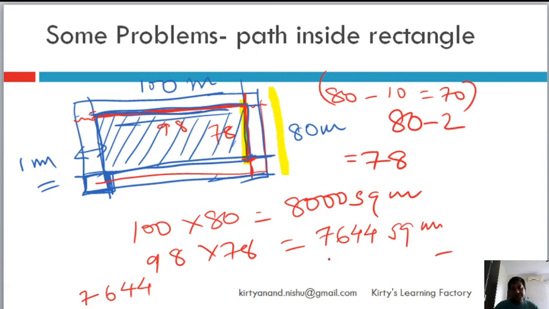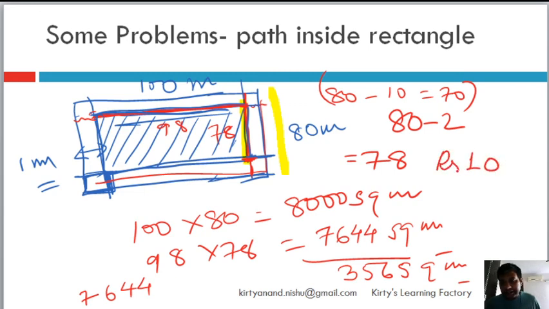then we subtract these two, so that we get the area of the footpath, which will be, this is 8000, this is 7644, so basically this will be 356 square meter. That will be the area of the footpath. Now they can tell you that for per square meter of the footpath or tiles which we will use for footpath, let's say the cost of the tiling is 10 rupees. So you tell us what is the cost of building this footpath. So 356 is the area into 10, or whatever is the unit cost, 3560.